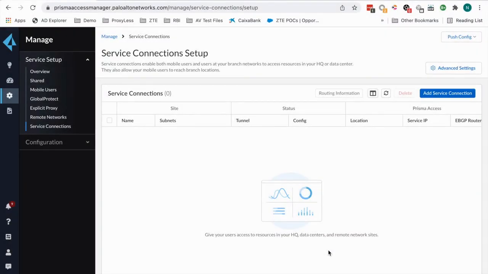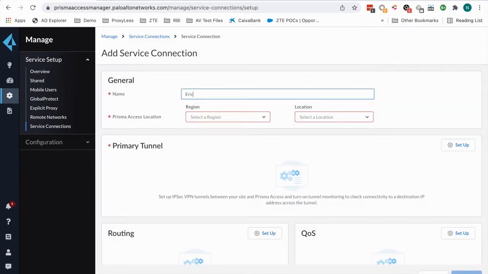In this video, I will show you how to create a service connection inside Palo Alto Prisma Access to enable integration between Palo and Ericom Zero Trust Web Isolation. To get started, go to Service Connections and add a service connection. Enter a name, select a location,